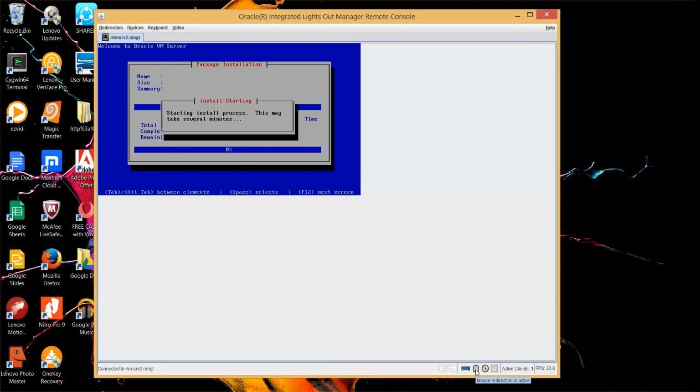Now the software is being installed. The ISO image is copied to the remote host, and now it is starting the install process, and it will take quite a bit of time. Once you start seeing the progress, then I will pause it. Just a moment.